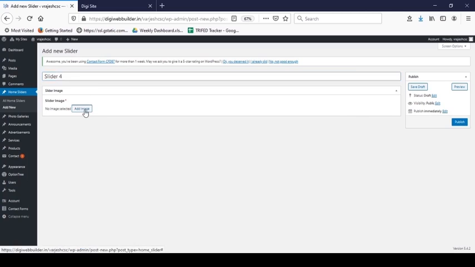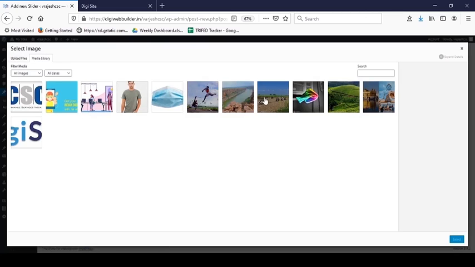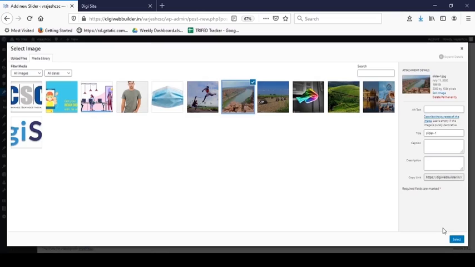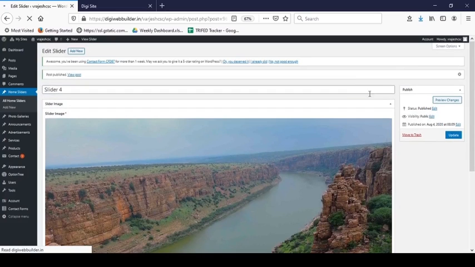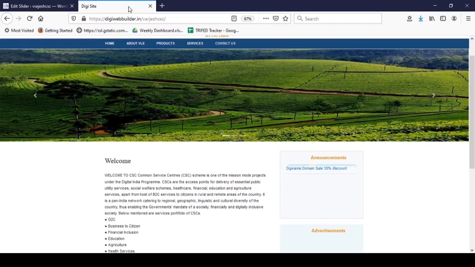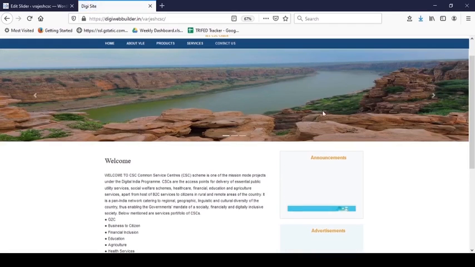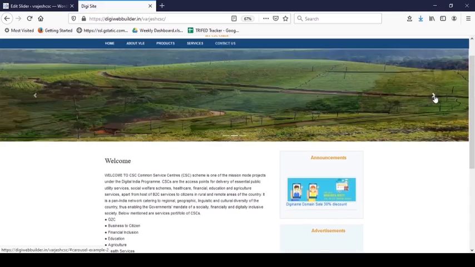Click on Add Image. Add any image for the slider. Click Select. Click on Publish. To check the changes, go to the website, refresh your website. You can check that sliders are changed.